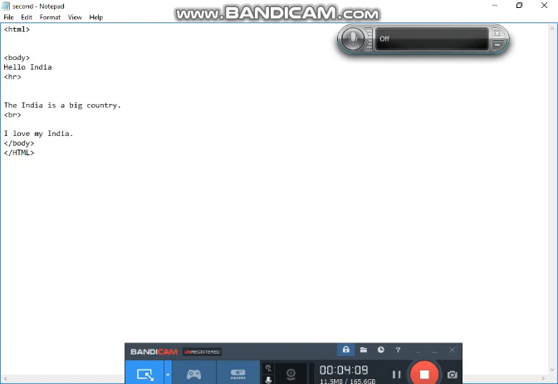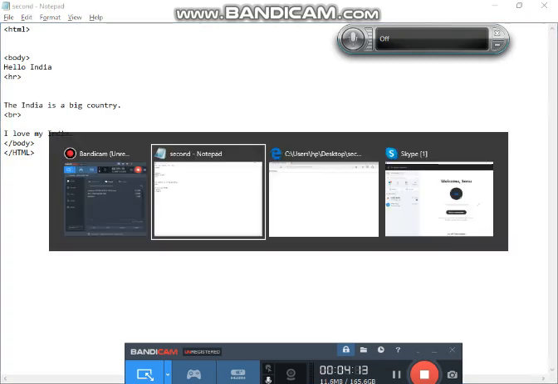Look at what's happened. Control S, Alt Tab, then here I press F5, the refresh button. Look, both lines are coming separately: India is a big country and I love my India.